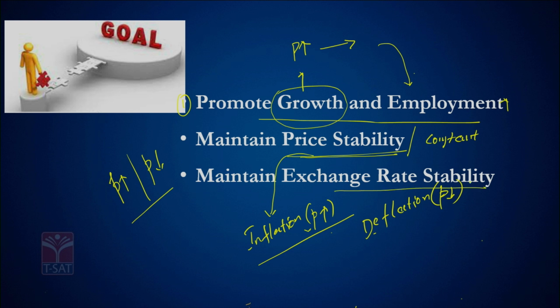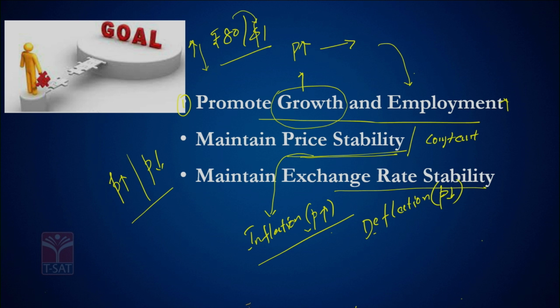So, what do you mean by an exchange rate? I think these days you might be aware that the rupee has almost touched 80 per dollar, isn't it? So, when I say exchange rate stability, the RBI tries to do everything possible to ensure the value of the rupee against a currency like the dollar, euro, pound, whatever it could be. So, the RBI tries to ensure the value of our currency in terms of foreign currency. And that is the definition of exchange rate.